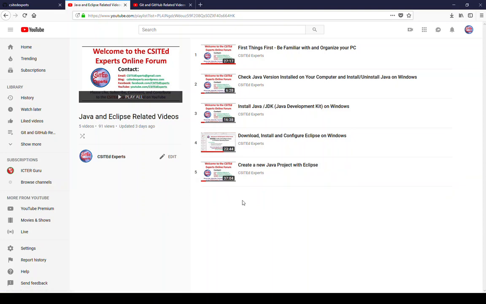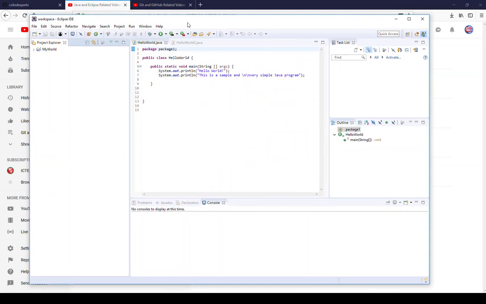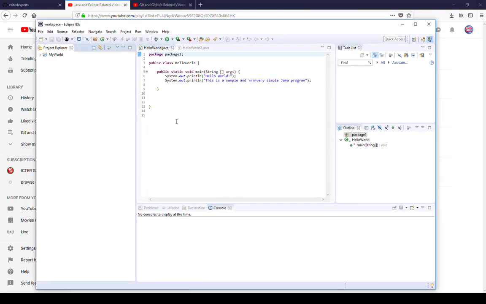But this is a reverse order task. That means if you already have created a Java project but you have not linked it with any GitHub project, then you can do that. So first of all, open your Eclipse project. See for instance this project, my world, it is a local project in my computer, and I want to